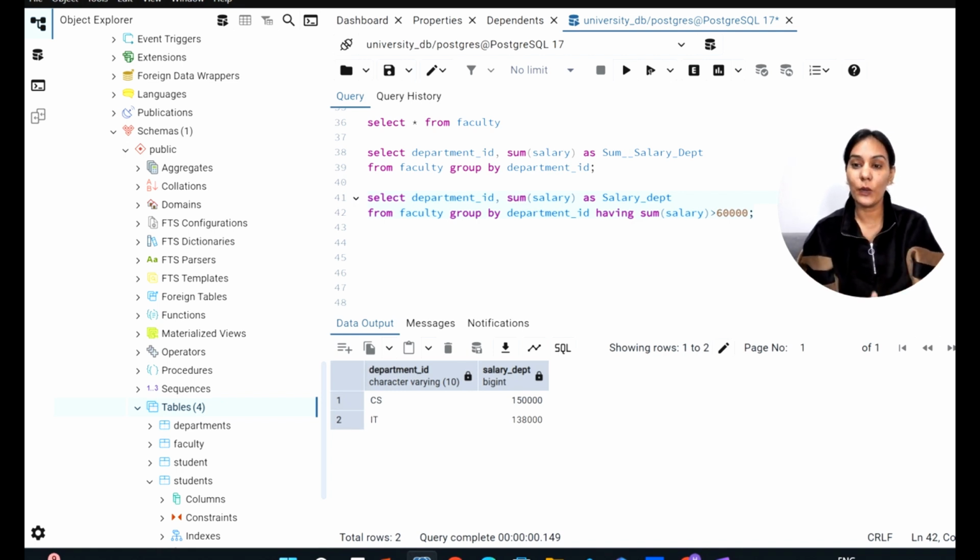So it is all about group by and having clause. Similarly, you can apply it on a student table with their marks, you can categorize the students based on CSE students, EE students or EC students. Then you can apply a having clause if any students' aggregate marks are greater as compared to the other departments. So you can also implement the previous question I asked in the beginning of the video.